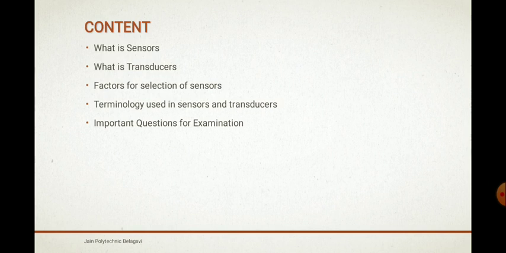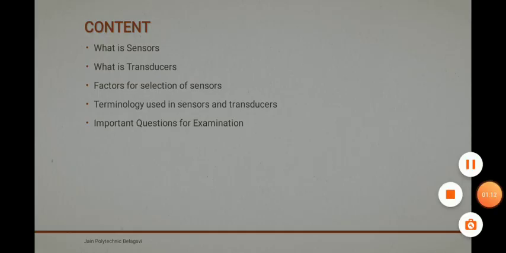Next one, what are transducers? A transducer is a device which converts the energy from one form to another. Next one, the factors for selection of the sensors. Then the terminologies. There are different types of terminologies which are used in the sensors and transducers. There are totally 13 terminologies which you have studied, ranging from range, span, the errors and accuracy, the non-linearity, the hysteresis, the dead band, the repeatability, the stability, the sensitivity, the frequency, the response time and the calibrations. So now next, let us begin with session 4.